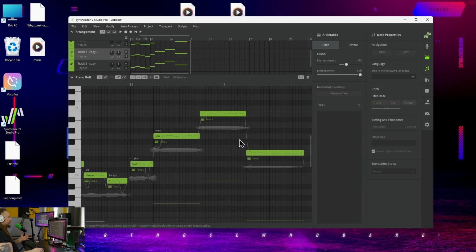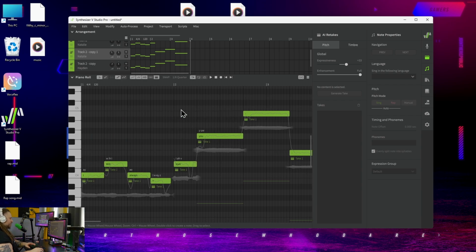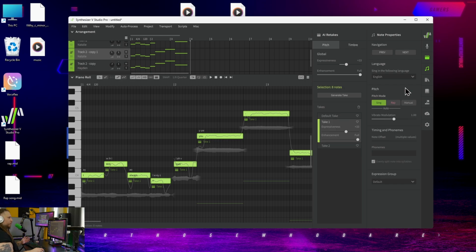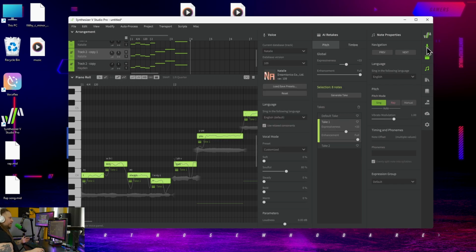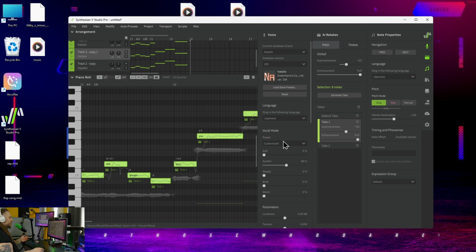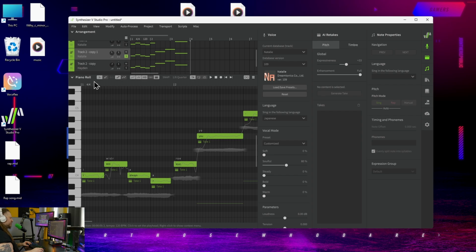Isn't that cool, man? And it's not just English either. You can change the words. You can do Japanese, Chinese, stuff like that. So language default right now is on English, but I could change it to Japanese or something like that. This is just going to basically change the pronunciation. It's not changing the words. Okay,